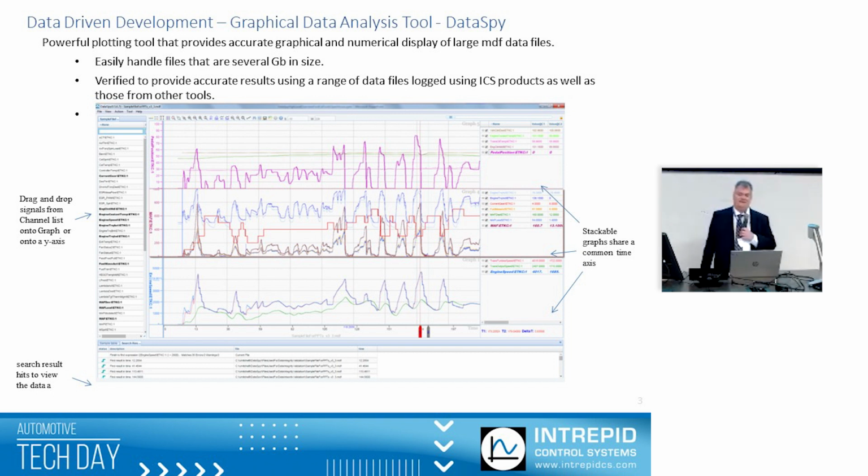So this first slide shows our data analysis plotting tool that we call DataSpy. And it's mainly just a plotting tool where you can plot signal data. And in this view, there are 3 stat graphs that all share the same time axis. So you can put a lot of different signals on that screen and make sense of all of them at the same time, and you can put them on a common y-axis, so you can really have a lot of signals on the screen to understand complex